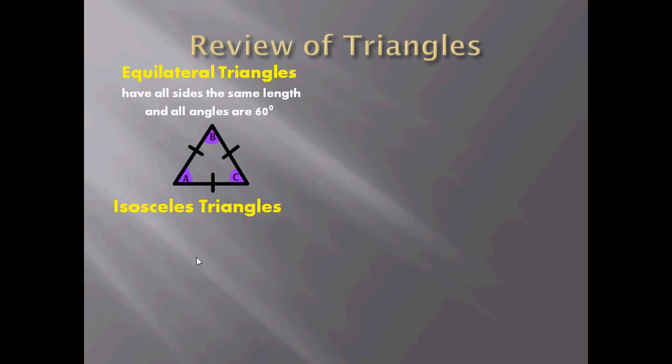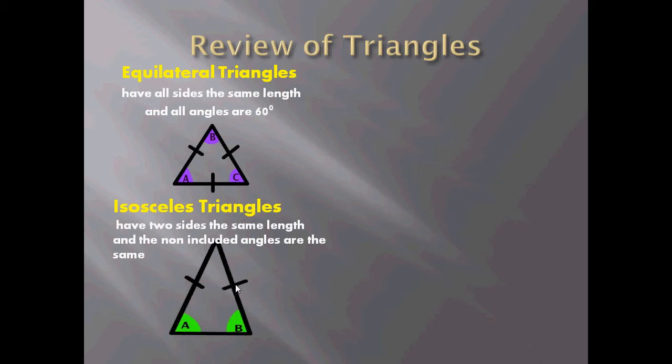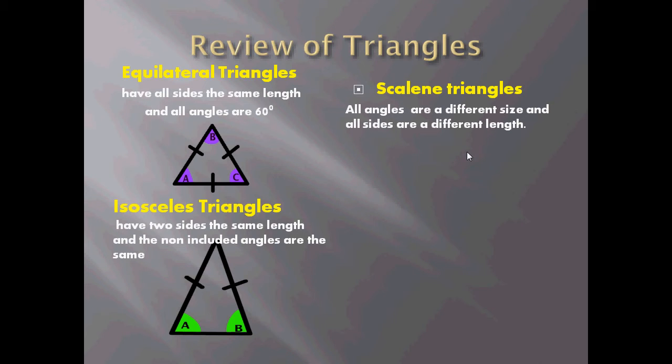Then we had isosceles triangles. We have two sides the same length and two angles are the same. Let's have a look. These two sides here are marked the same, and angle A and B are equal in size. Then we had scalene triangles, where all the angles are a different size and all the sides are a